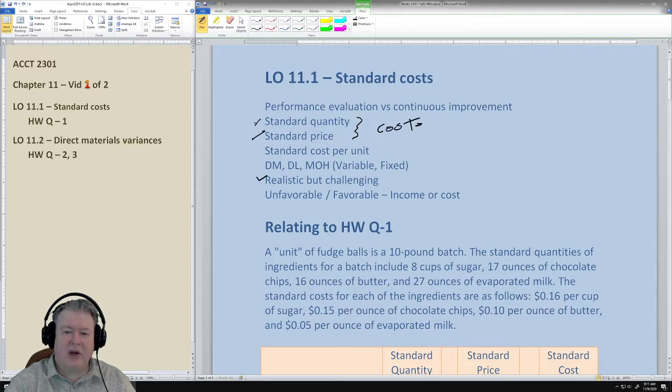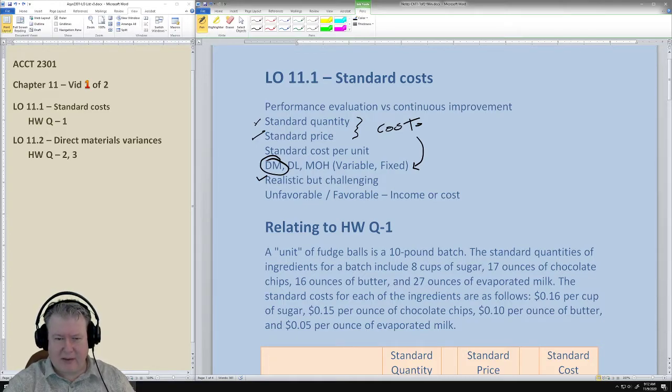And the costs that we normally associate with this book are direct materials, direct labor, and manufacturing overhead. Today, we're just going to go over direct materials. We're going to use the explanation and go through direct materials. That's typically the simplest one to understand, and the rest of them follow the same pattern, but they use a couple of different terms. One other thing we should mention is we also use the word standard